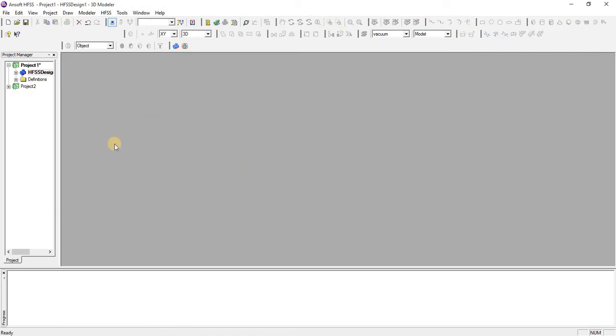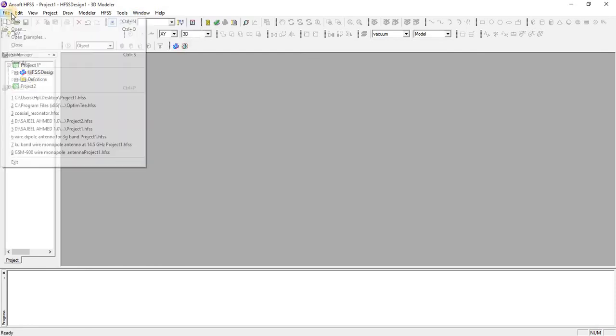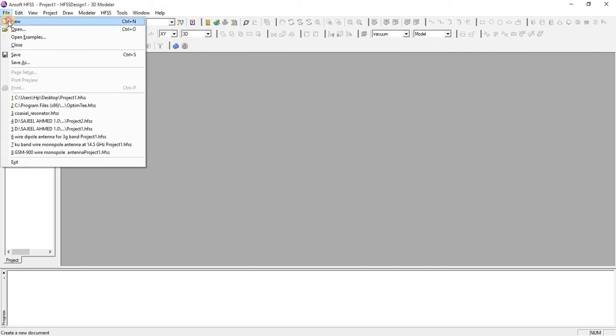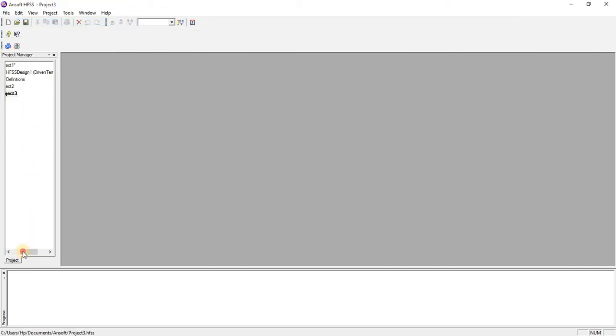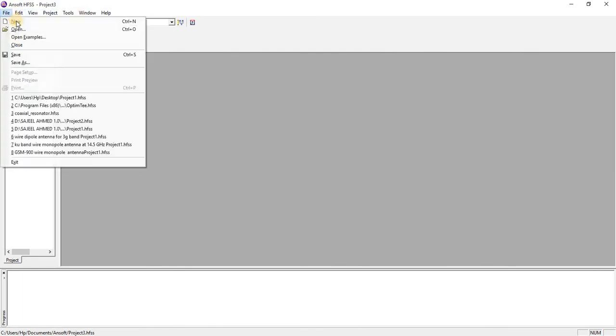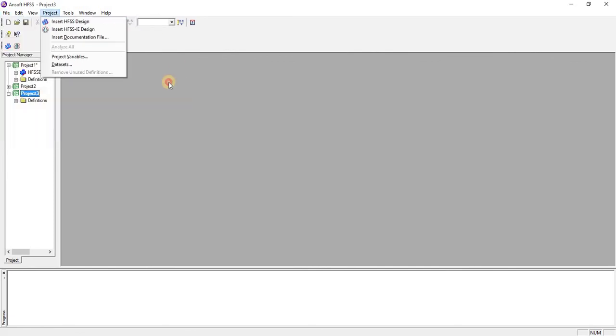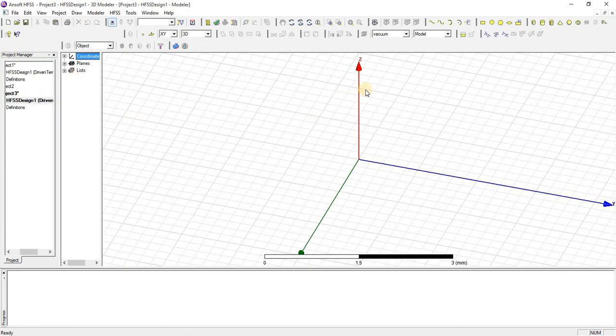If you unfortunately deleted both the windows, now you will go to File and just click on New. Or just go and insert an HFSS design.